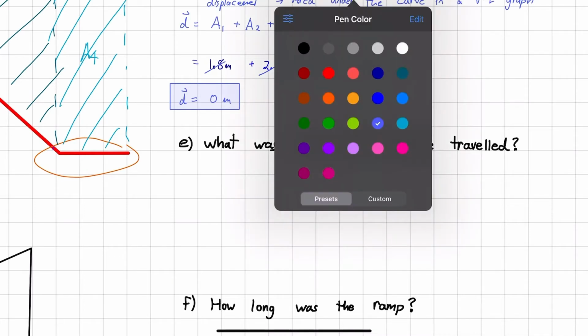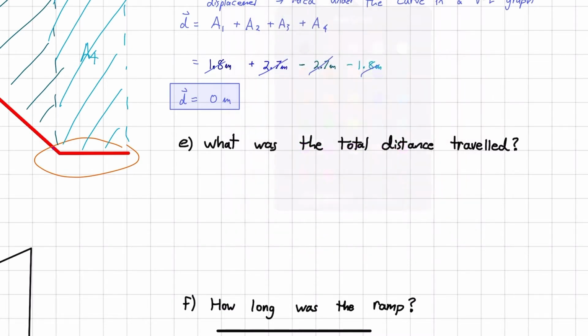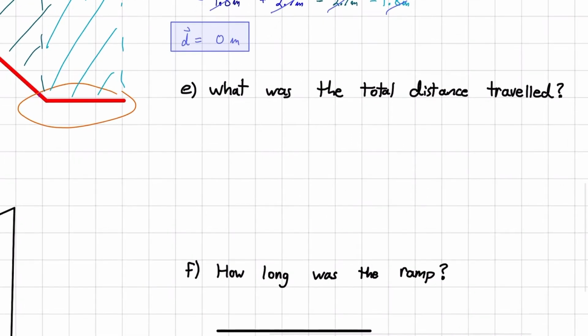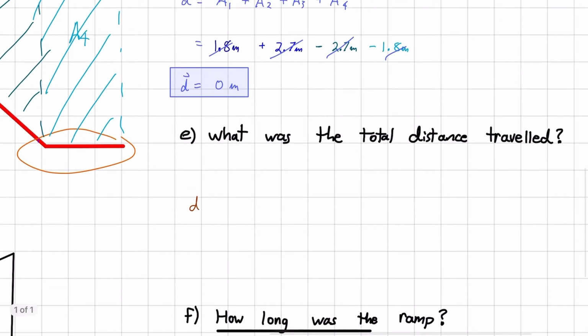Now looking at part E, we have a slightly different question. That is, what is the total distance traveled? Now, the distance is slightly different from the displacement. We note it with a D, but without the vector symbol above it, because distance is not a vector. And what it is, it's the areas. Here, I'll write it like this. It's the same areas,